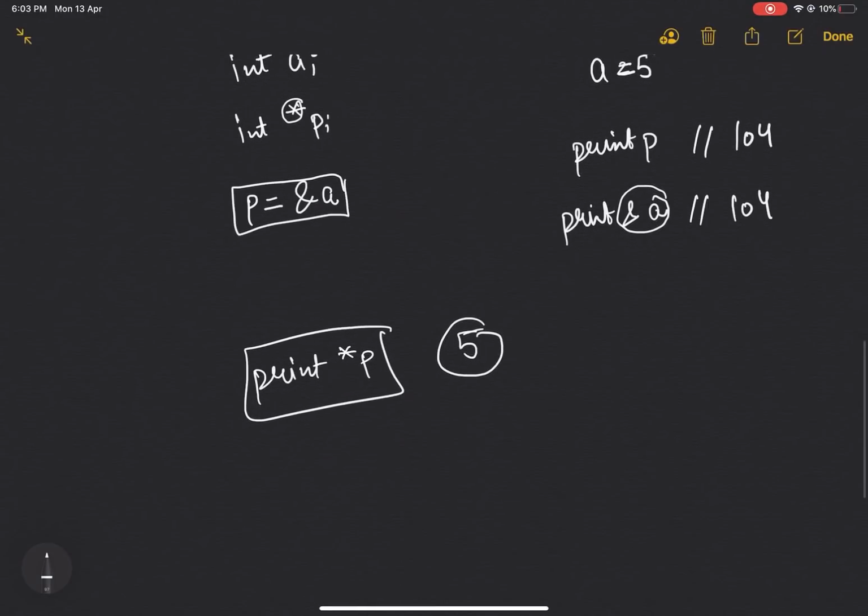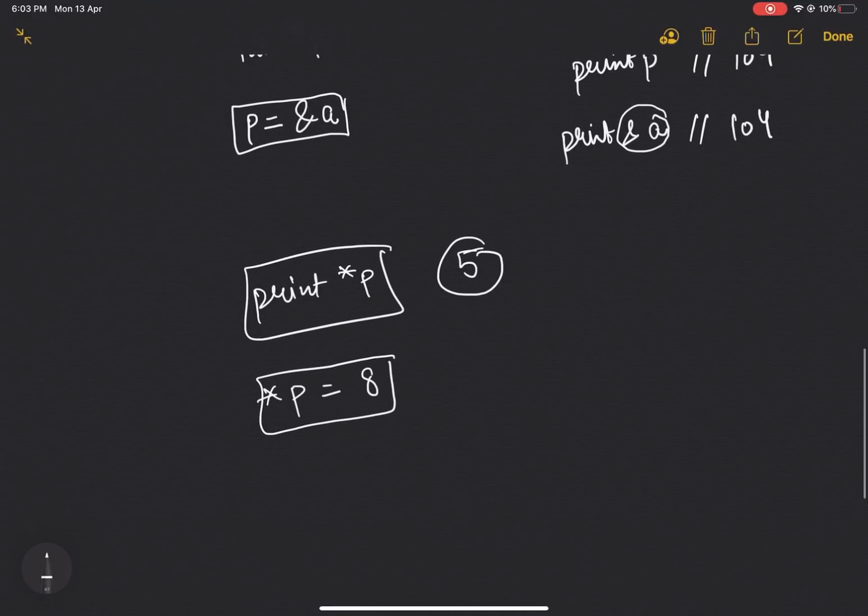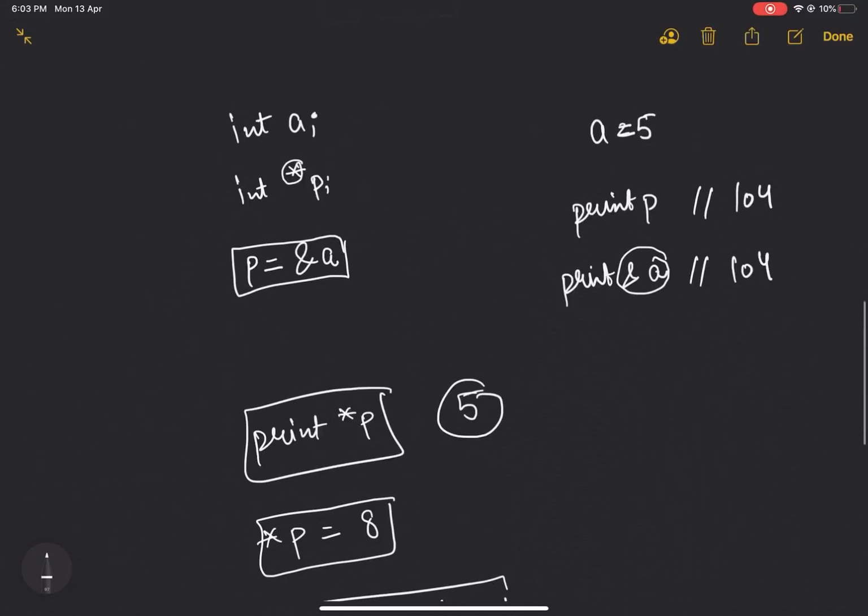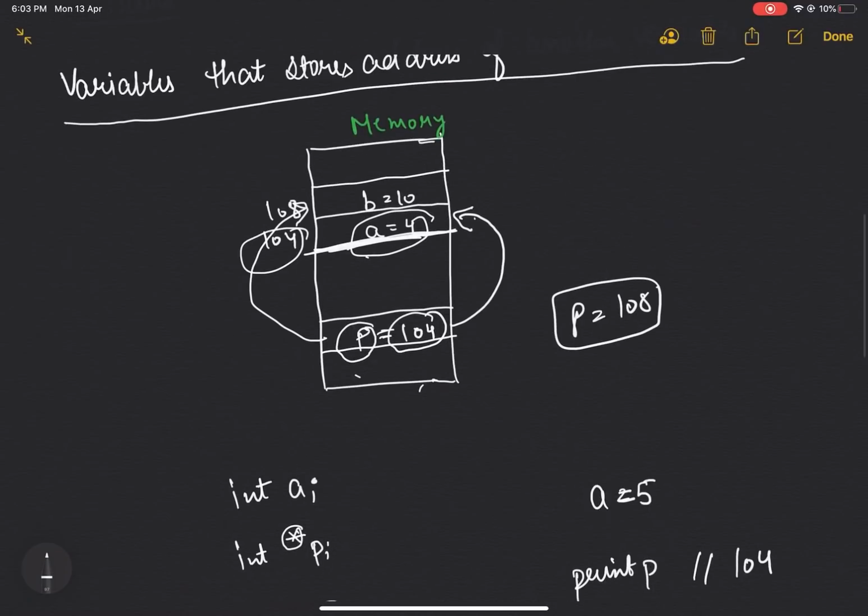We can also update the value. Let's say I update it to 8. Now if I print a, the value will be 8, because I moved to that location and updated whatever value was there to 8.